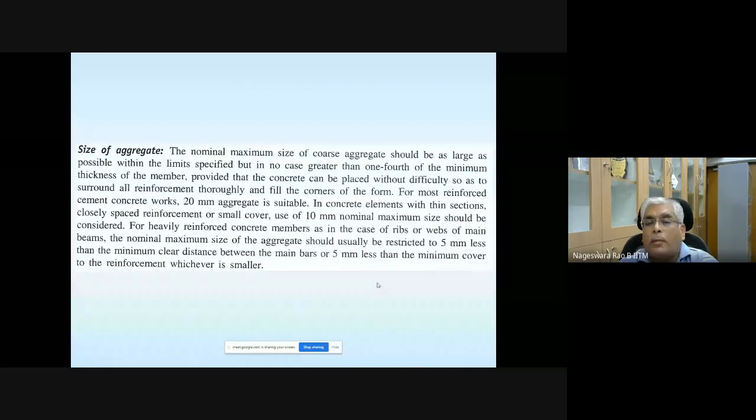Size of aggregate, nominal maximum size of coarse aggregate should be... And now I know how to get the nominal maximum size. And with respect to the actual construction, the site issue, how to decide what size of nominal maximum coarse aggregate I need to use. Nominal maximum size of coarse aggregate should be as large as possible within the limits specified, but in no case greater than